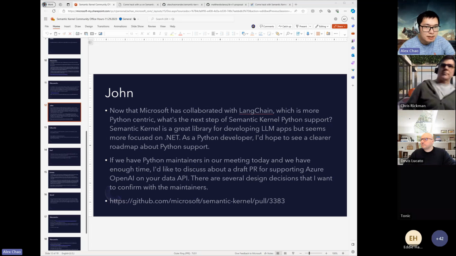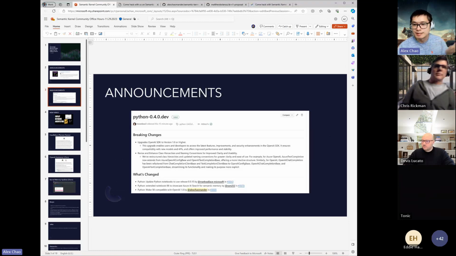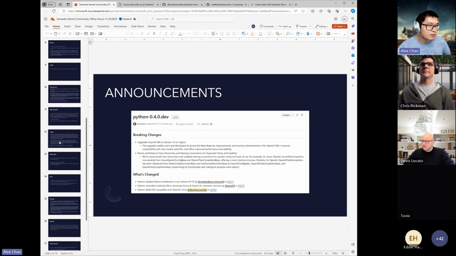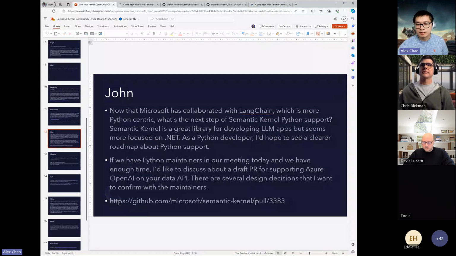This one came from John, which basically says that, if you saw Ignite, there's a partnership that was announced with LangChain and Microsoft. So what does that mean with Semantic Kernel Python support? As mentioned in the very beginning, we are still investing in it. And as also mentioned, we have Evan Matson, who just joined full time to work on Python. So yes, we are still investing in it. The broader Microsoft stance is that these things can coexist. A developer will choose whatever he or she thinks is the best thing for them. But we give you the choice.